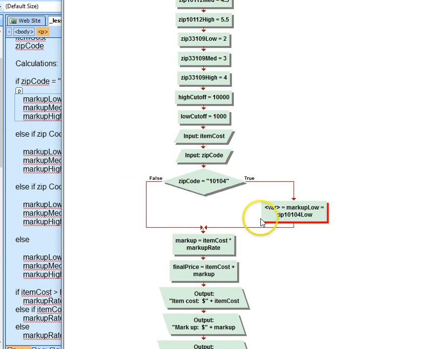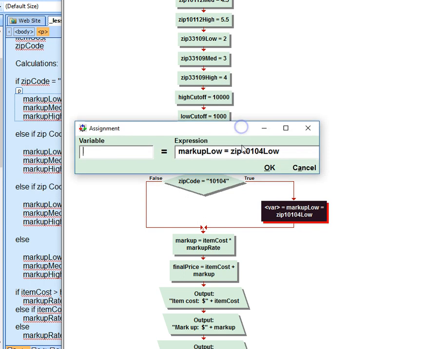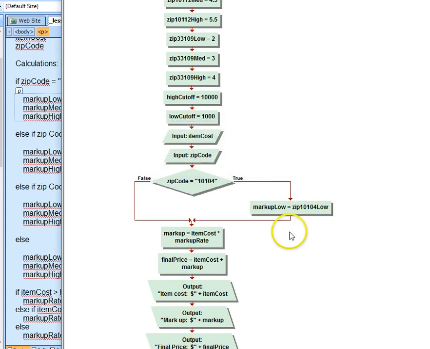Well, that wasn't right. Let's see. All right, so this goes here, and this goes here. All right, okay, one is done. And then I'm going to do two more. So I'm going to